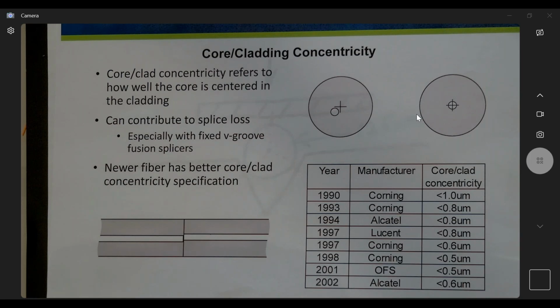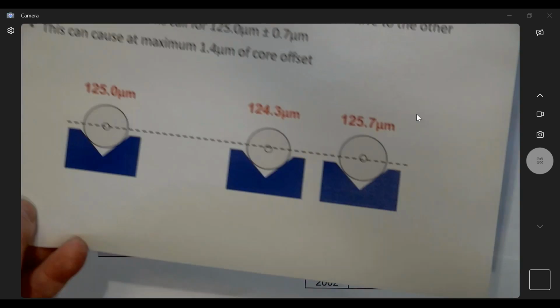We're talking about, of course, the industry leaders in fiber technology today. Every now and then you'll get a produce of glass that would produce core cladding concentricity issues, and in turn you would have to splice that with an active profile alignment splicer. Flip the page over, look at another issue with